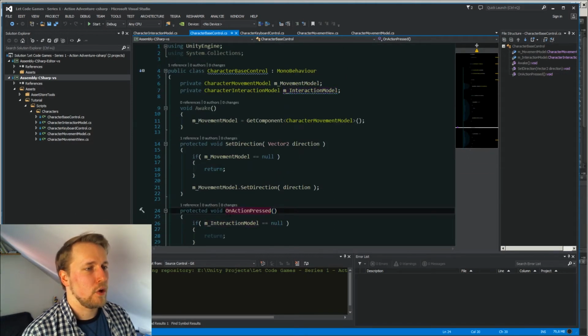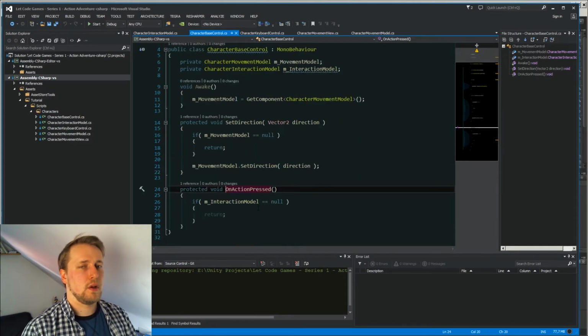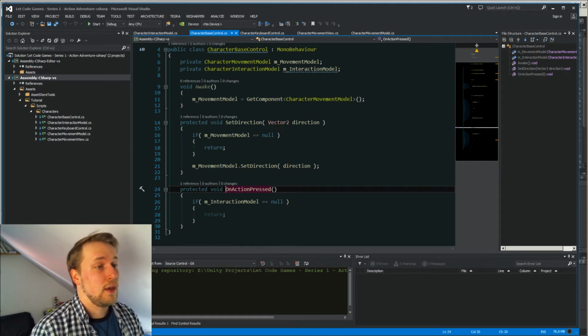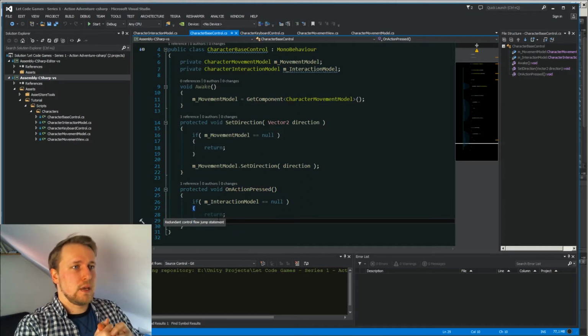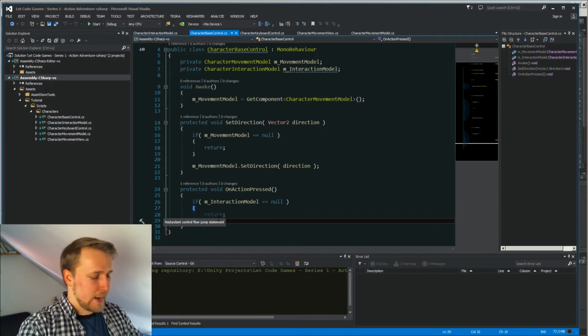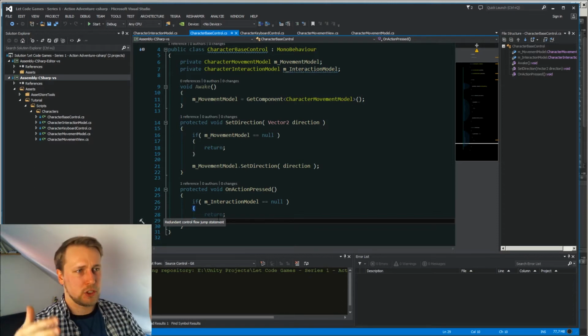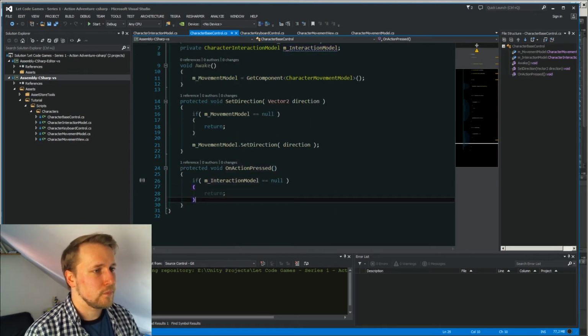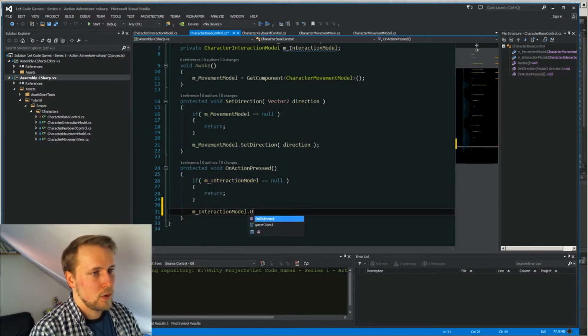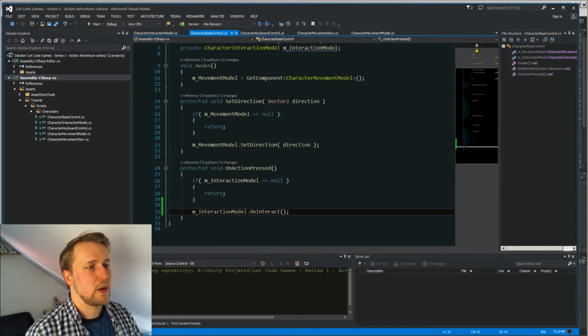You can see here we have on action pressed, which is basically one abstraction layer closer to the keyboard, because on action press sounds like, okay, the user has pressed something, and now we want to abstract that out further and basically decouple the action of pressing the button from the interaction. We have a class in between, because then it's easier to change that class later and change different control methods. So we go from on action pressed, and then we call the on interact method from our